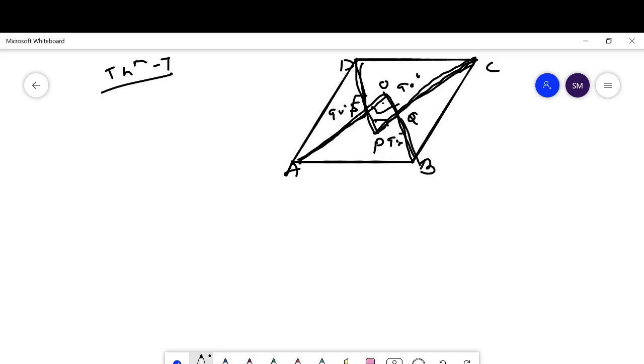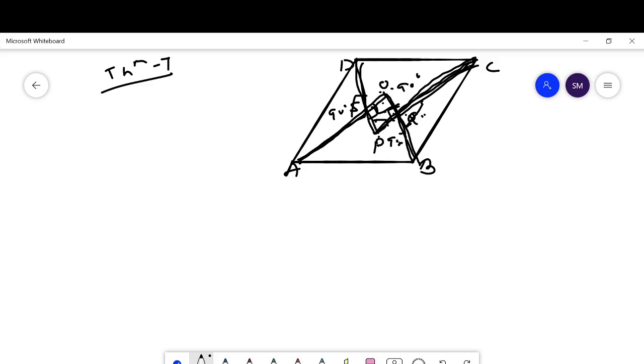Here BQ is the angle bisector and CQ is the angle bisector, which implies this is also a right angle or 90 degrees. And vertically opposite, this angle